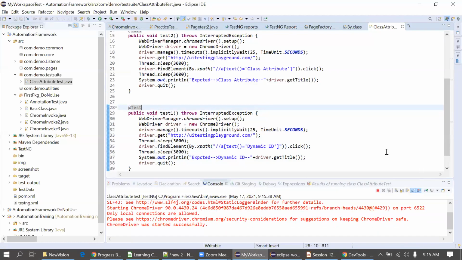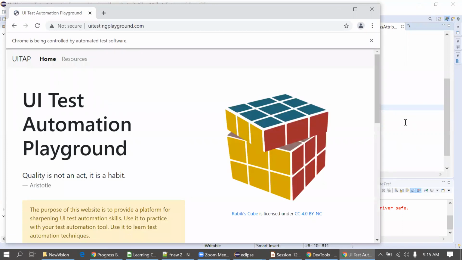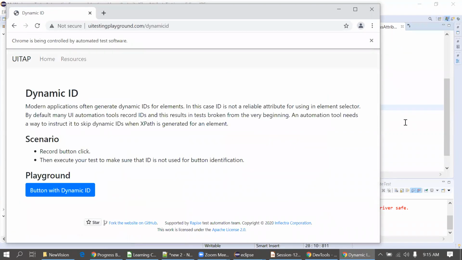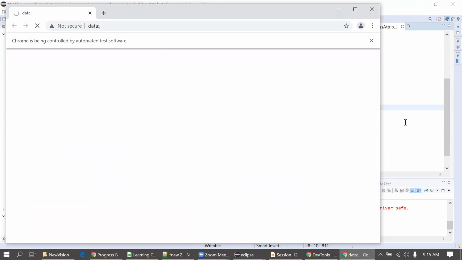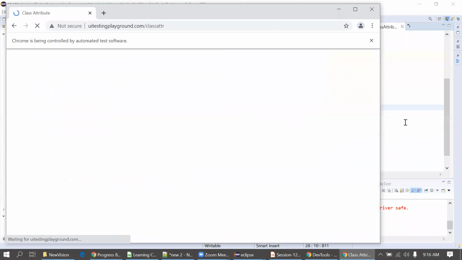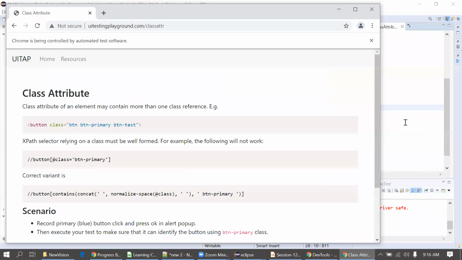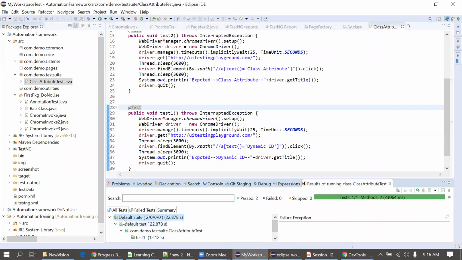It will also pass. Okay, both test cases passed. Here you can see the green color in TestNG.